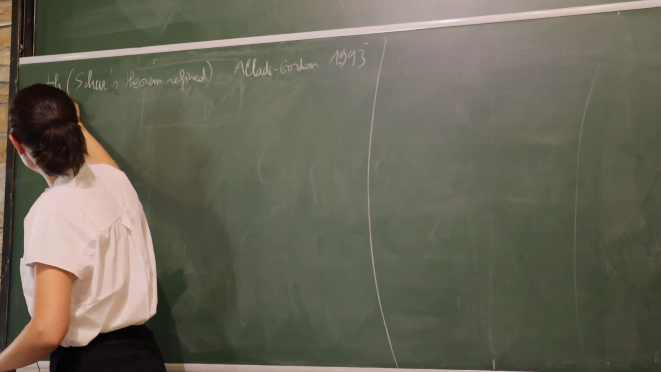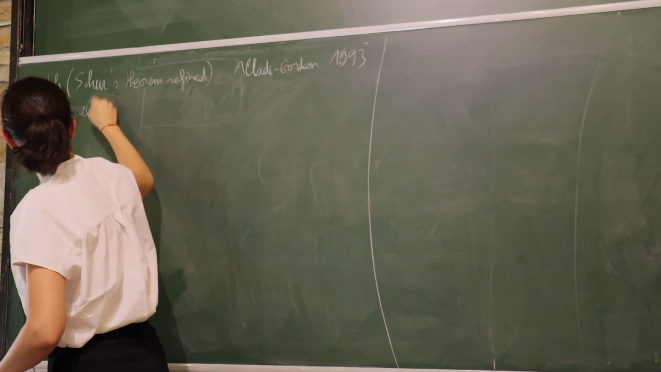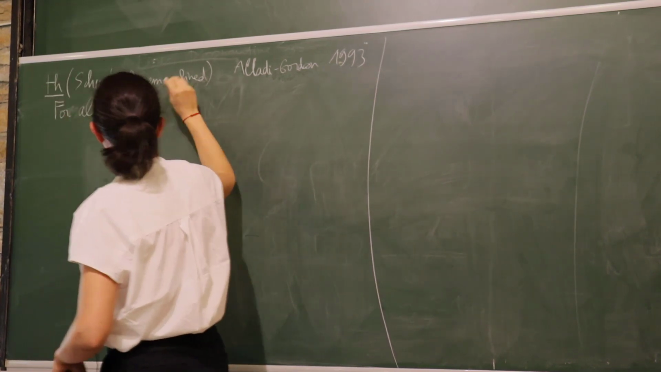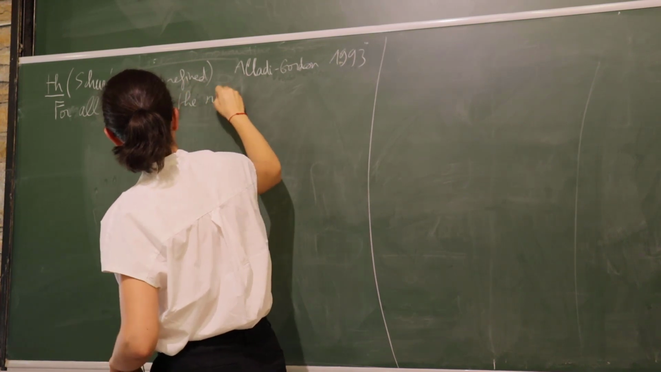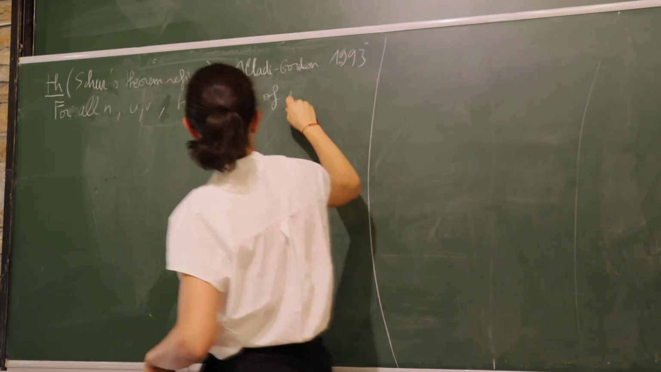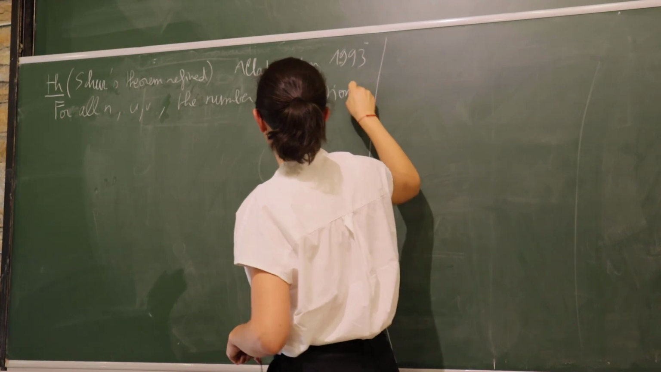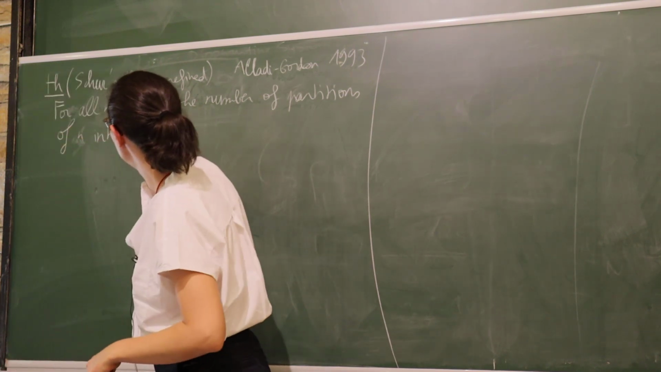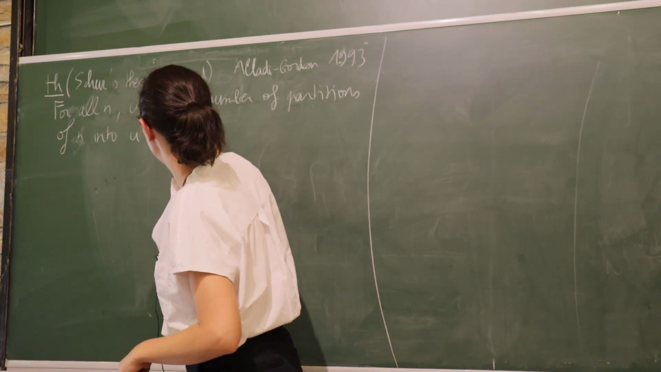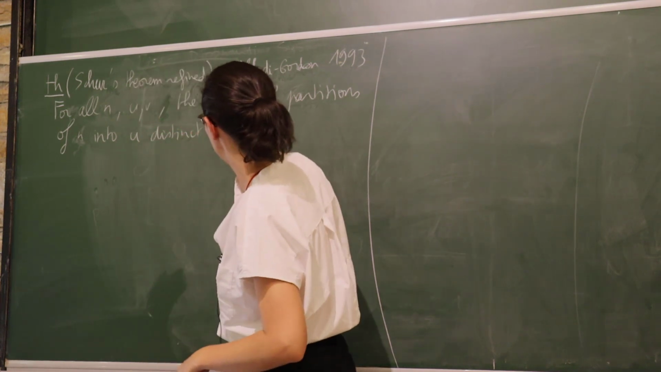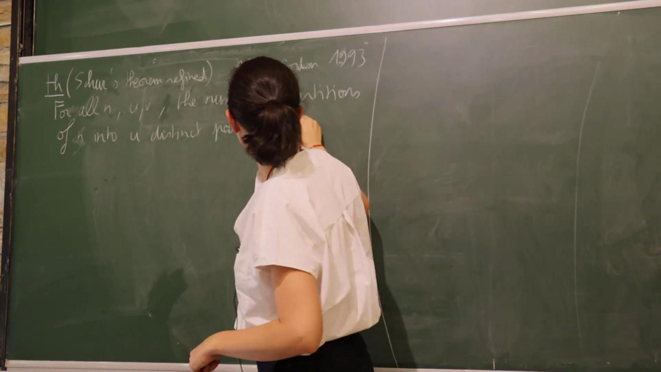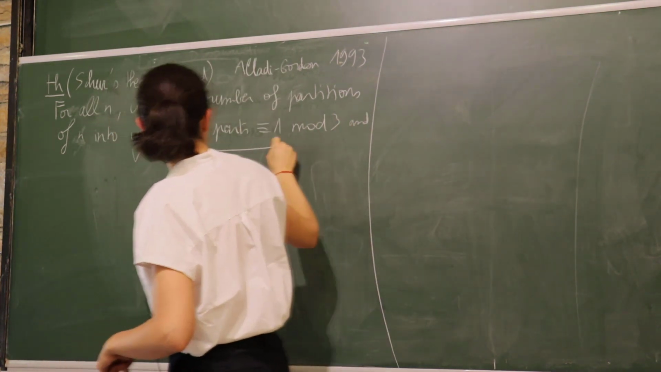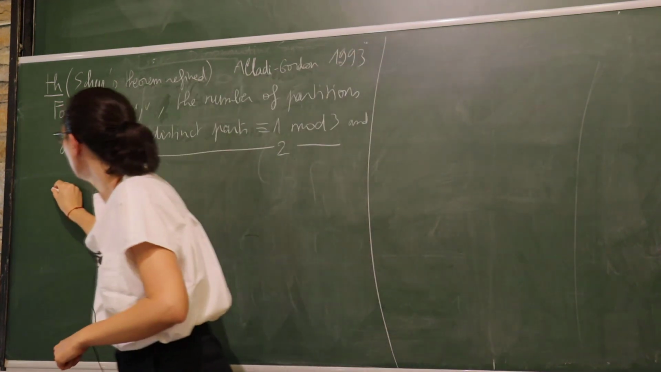For all n, u, v, the number of partitions of n into u distinct parts congruent to 1 mod 3 and v distinct parts congruent to 2 mod 3 equals